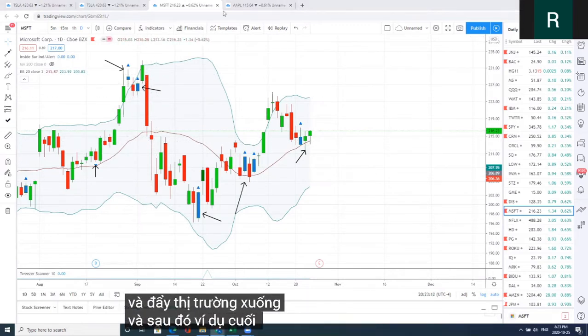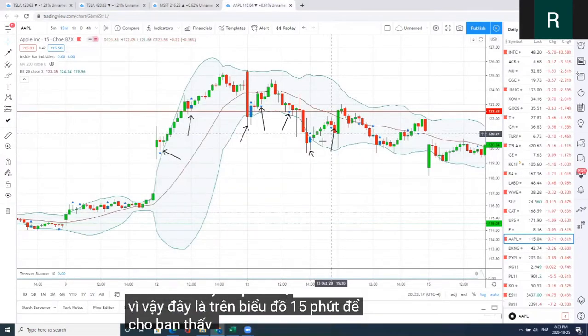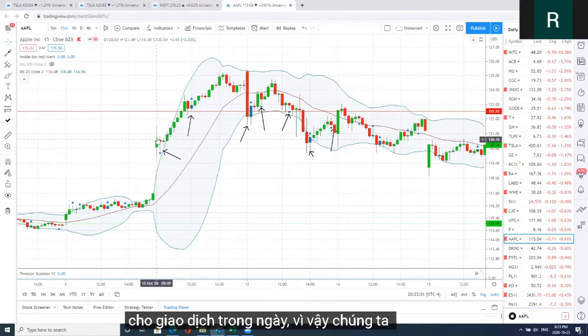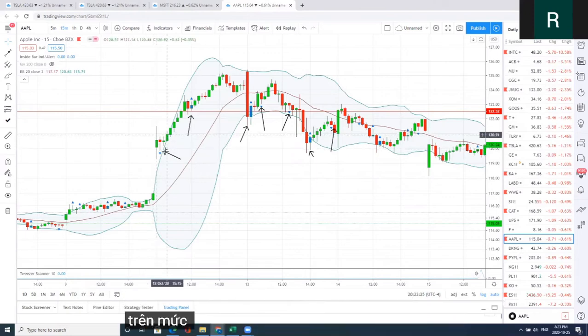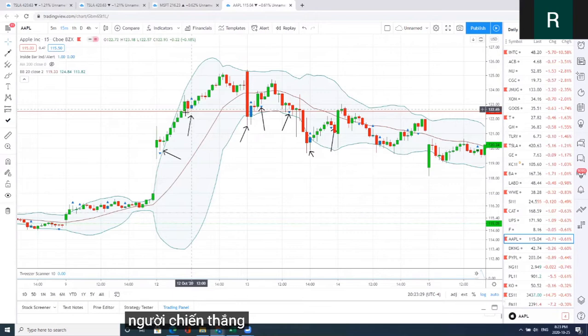And then the last example I'm going to look at here is Apple. So this is on the 15-minute chart, so showing you that you could even use this for day trading. So we have this big indecision candle followed by a hammer, entry above the high, stop below, that's a winner. We have another long wick here in the context of an uptrend, entry above the high, stop below the low,